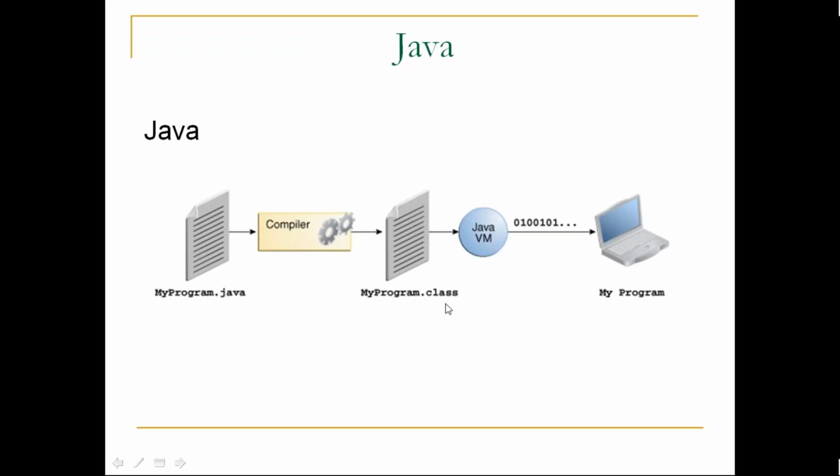See, my program.class. It will convert into a .class file, and then with the help of the Java Virtual Machine, it will take the .class file and send it to the system, which will display the actual application. So these are the different components we have in Java: the compiler and the Java Virtual Machine. Every system, when you install Java, will have this JVM and the compiler in there. That's why we need to install Java before even using Eclipse.